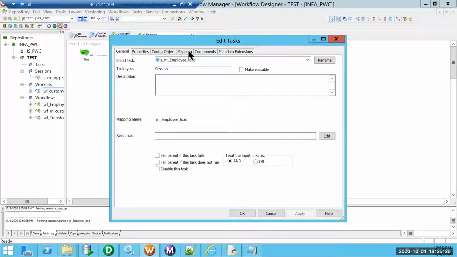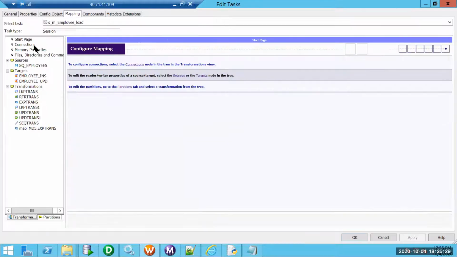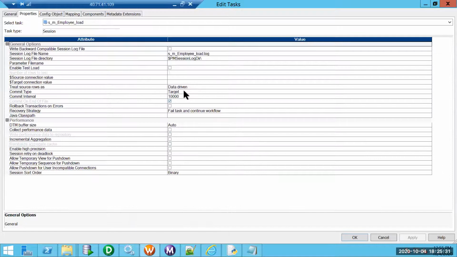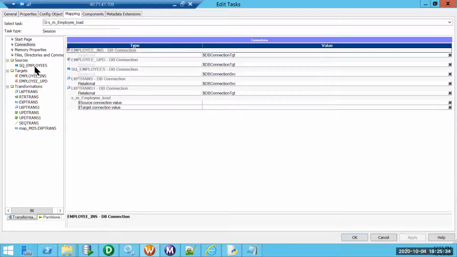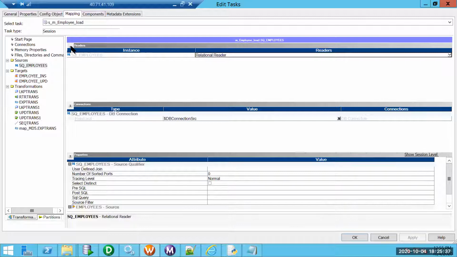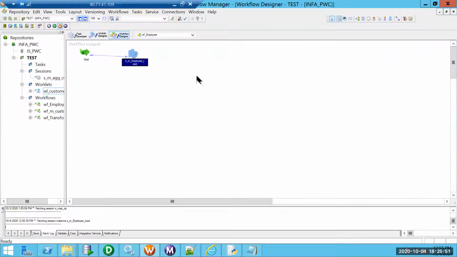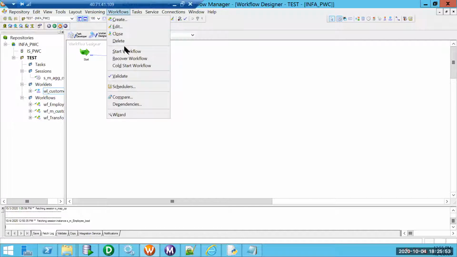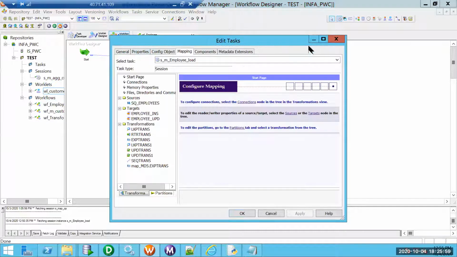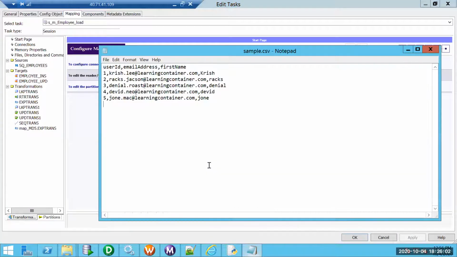Okay, I need to make sure this is data driven, perfect. In the source, it is not directly coming from Infa PWC; the owner name is HR. We need to define it here. So now, instead of defining it here, let me try to introduce another thing, a double dollar variable. I'll define a workflow level variable, or probably I don't want to define the workflow level variable, that's fine. I will say here, did it not say?